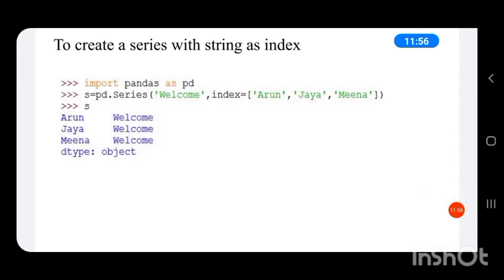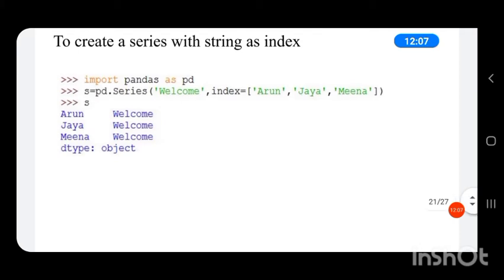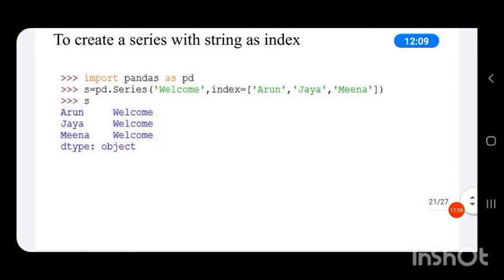Then if we print the series S, see the indices Arun, Jaya, Meena are given and its corresponding data is the string welcome. Since only one string is given, the string is repeated for every index.